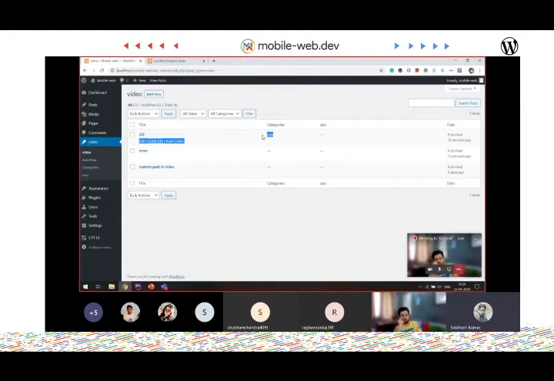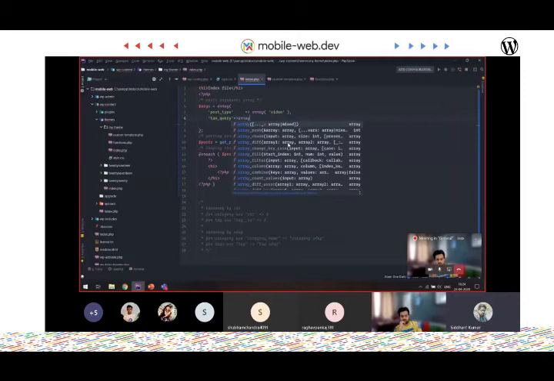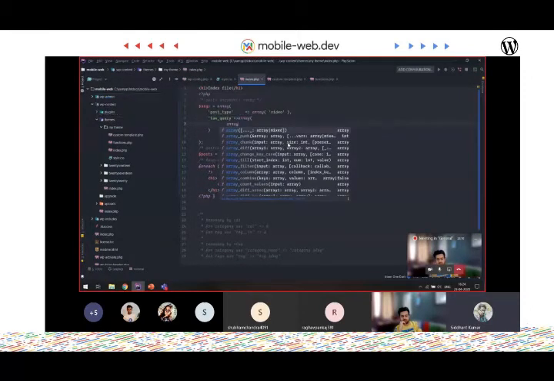So with this category I can query, but for custom taxonomies there is no argument like that here. So we need to use another thing which is called tax query. Array, and inside this array you need to create another array.